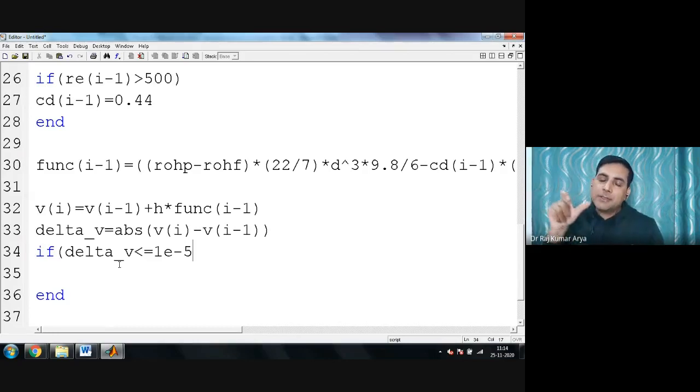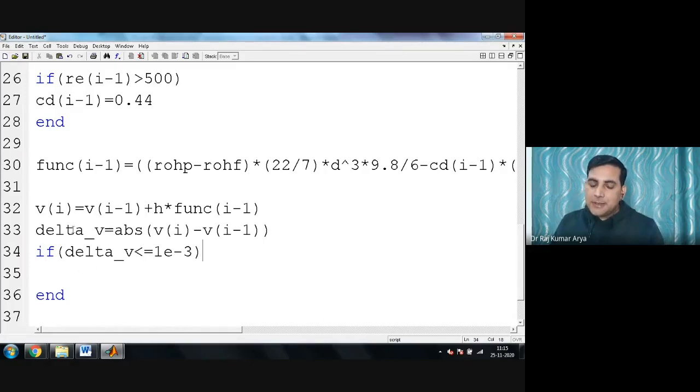I can lower my tolerance, 10 to the power minus 5, minus 6, minus 10. So initially, let's say I'm just starting with 10 to the power minus 3 only, or maybe minus 2. Fine. I'm just checking that. Correct?